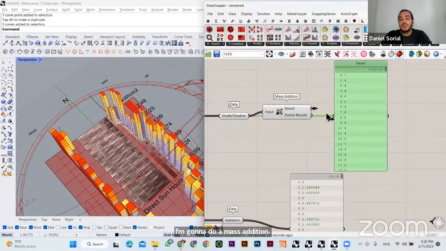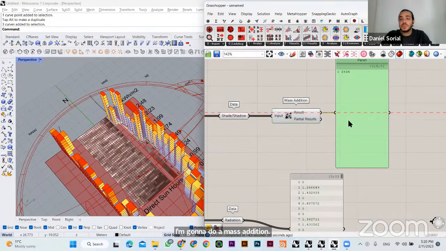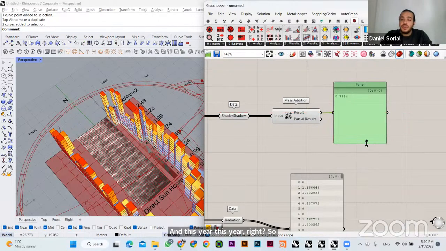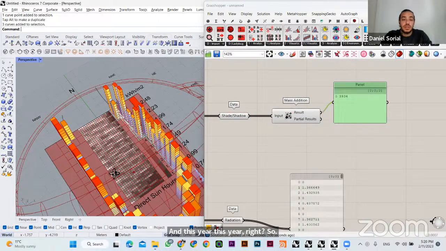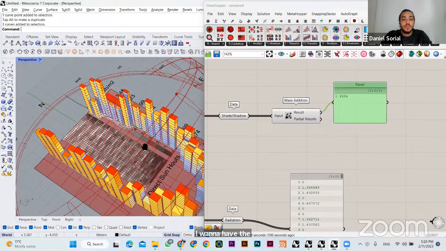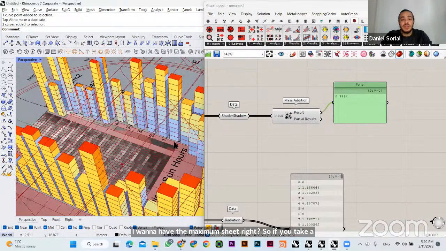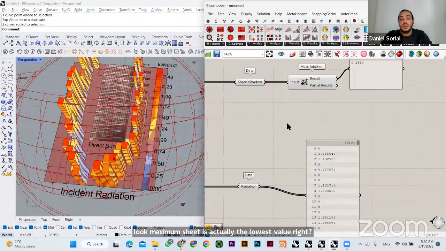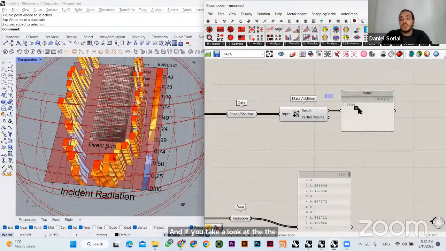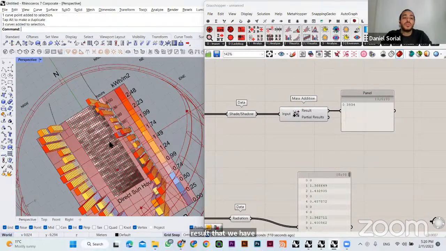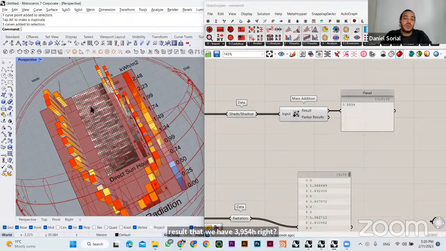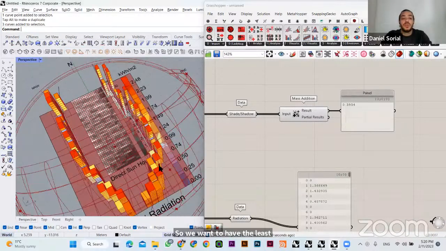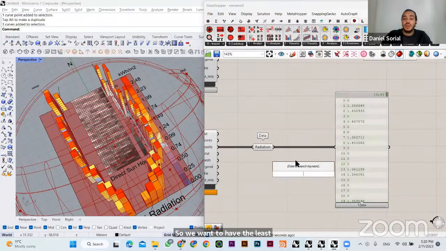Connect this here, and then connect this here, right? So I want to have the maximum shade, right? If you take a look, maximum shade is actually the lowest value. And if you take a look at the result, this is the result that we have, which is 3,934 hours, right? So we want to have the least exposed hours on this part, while in the red,